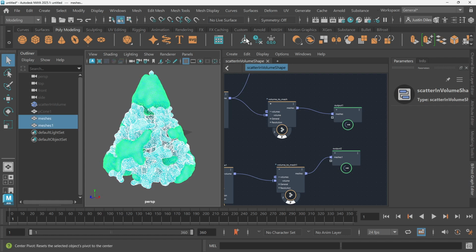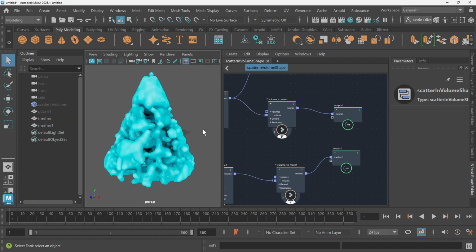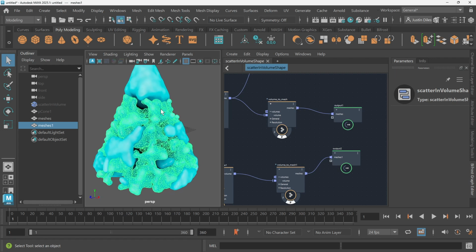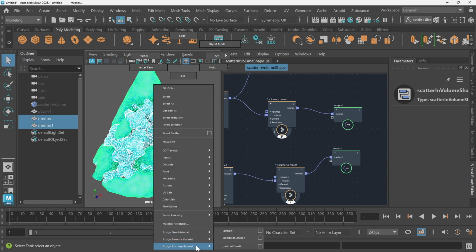And now I am, with the poly modeling tab open, going to freeze their pivot, center their pivot, delete their history, and freeze their transformations. And then I could give them assigned existing material, standard surface. Don't know why they're still blue, but let's try assigning them a Lambert,